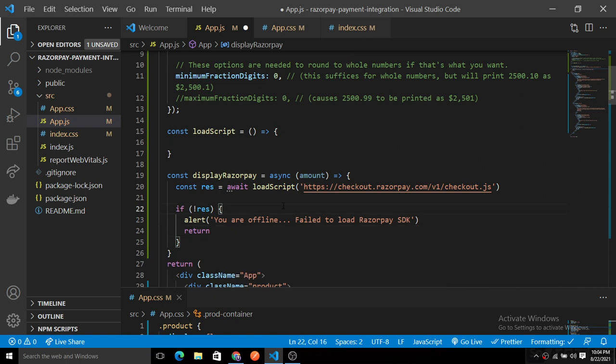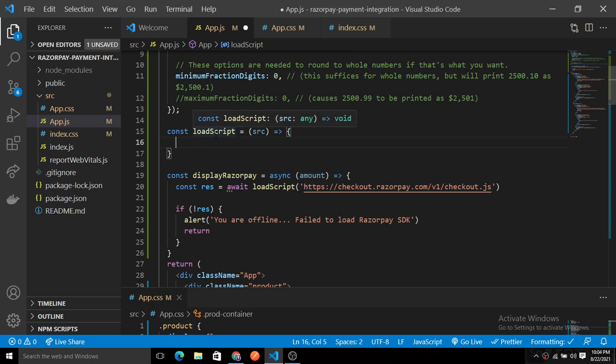Okay, now we will use a promise here to resolve the script that we got in this loadScript function. This loadScript accepts this URL, the source.